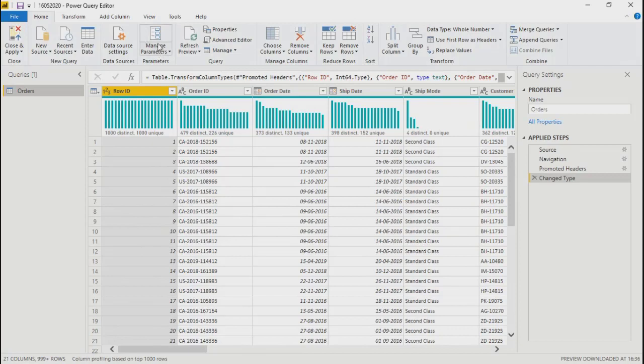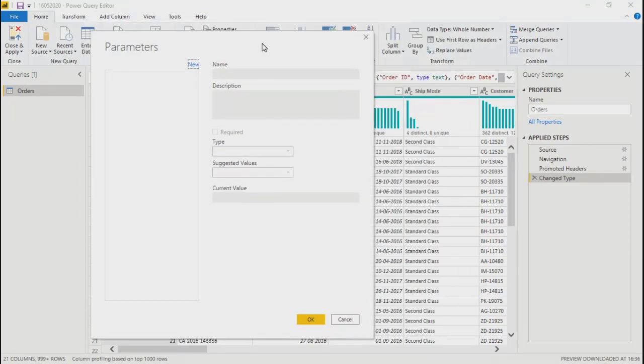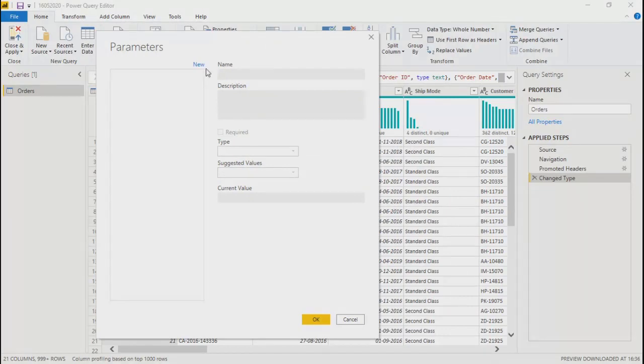As of now you don't have any parameter. If you click over here, you'll get this screen which says new, and no other parameters in the list. So now let's create one parameter. I will call it new. Maybe let's create a parameter based on this field which is ship mode.